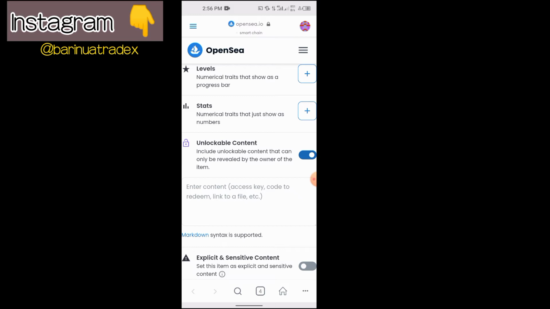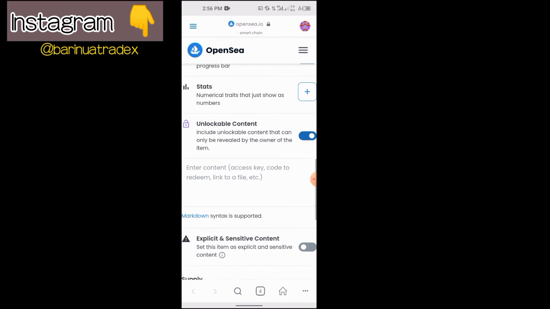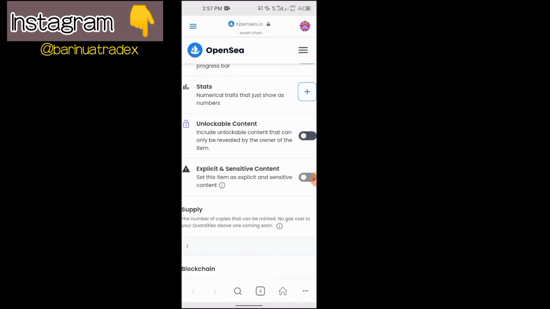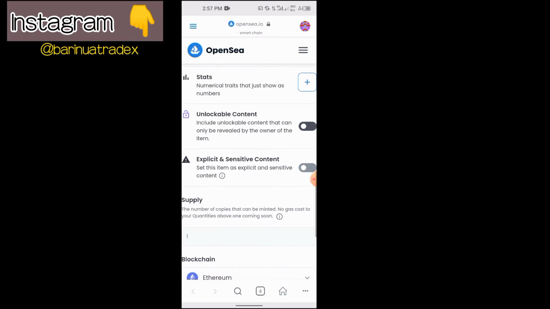If it's a link, add the password, so enter the content password also. This is not unlockable content. Then explicit and sensitive content. If I set this content as explicit and sensitive, it means not all users can actually see it.